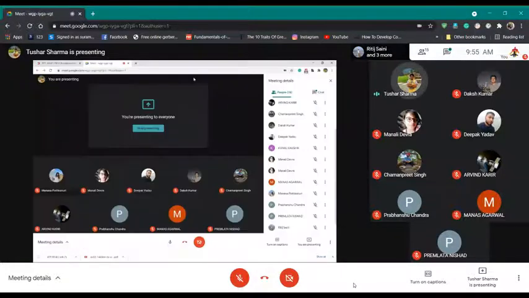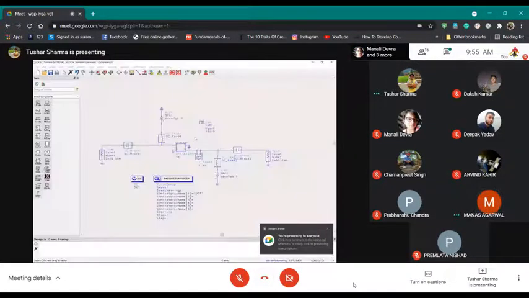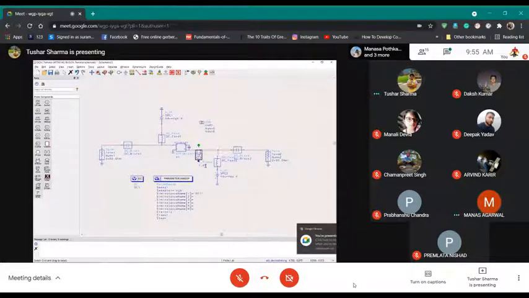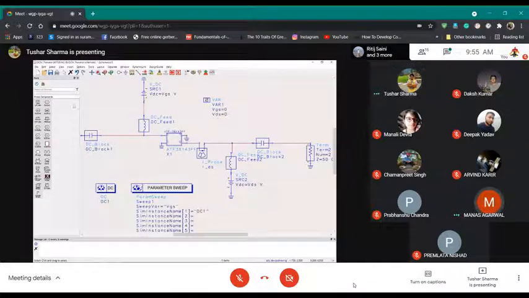Did you get it, Manas? Sir, it's giving an error. It says no named nodes were found. Yeah, the error is coming because you haven't defined the component IDS. So for this, click here, go to probe components, and select I, which means current probe.